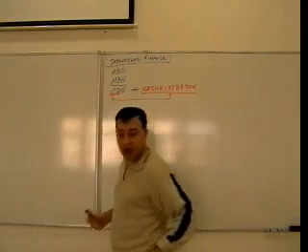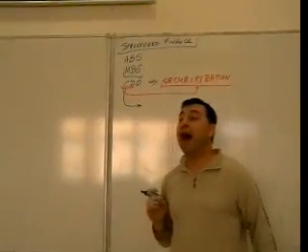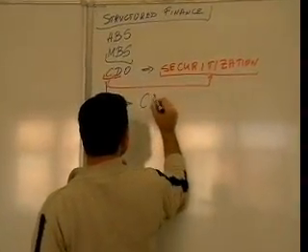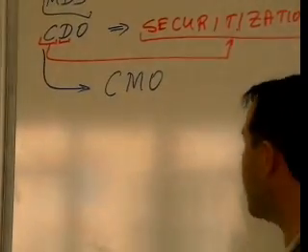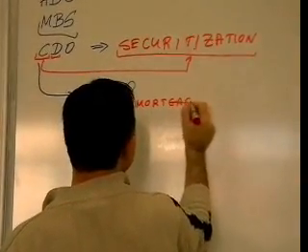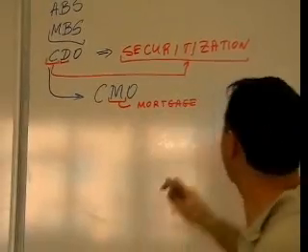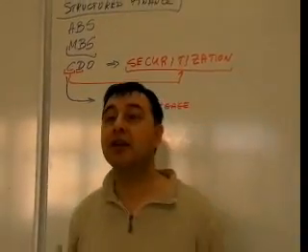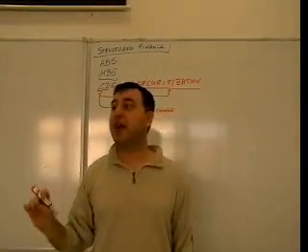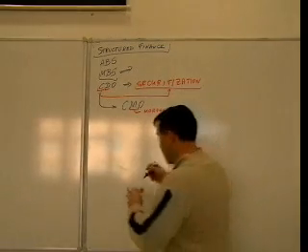Alright, so another example, and let's try to do this. Out of CDO, one variation, one specific type of CDO is CMO. And CMO stands for a mortgage. So it becomes collateralized mortgage obligation. Well, it sounds very similar, almost the same as MBS, and I will explain the difference in a few minutes. The characteristic here is called